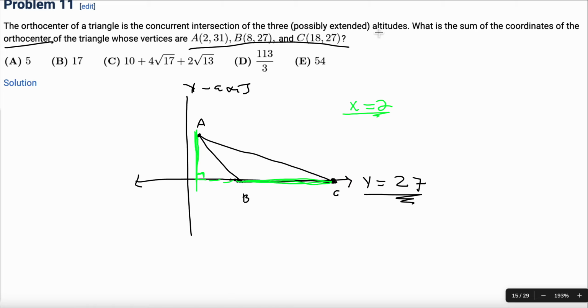We know that in a triangle, all three altitudes intersect at the same one point. So we don't actually have to figure out all three altitudes. We only have to figure out two altitudes, and we already know one of them is this line right here. So let's find the line for the other altitude. It really doesn't matter which one you pick, but I'm going to pick this one. So let's say we start from point C